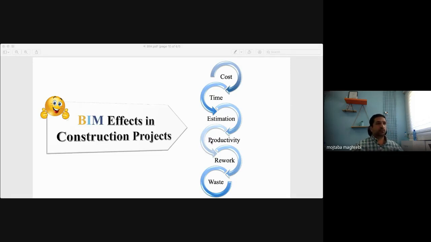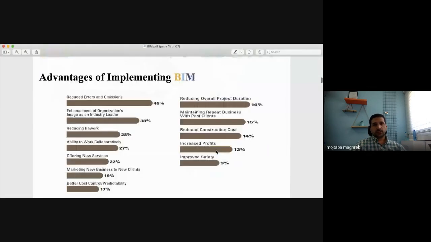For rework and waste, I'm more than happy to have another slide in the presentation to go through the details, because for any of those topics, we could talk for hours. And then to show how effectively you could use BIM to improve the productivity in a project. Okay,